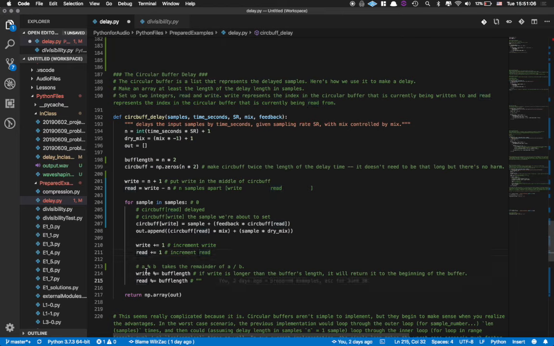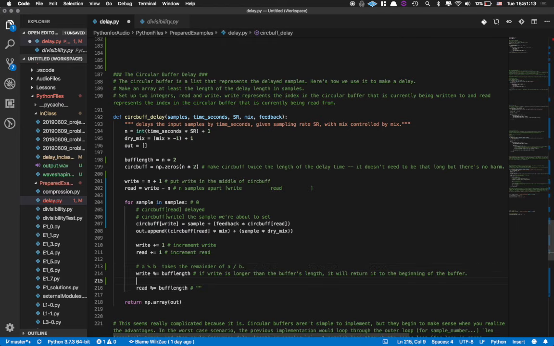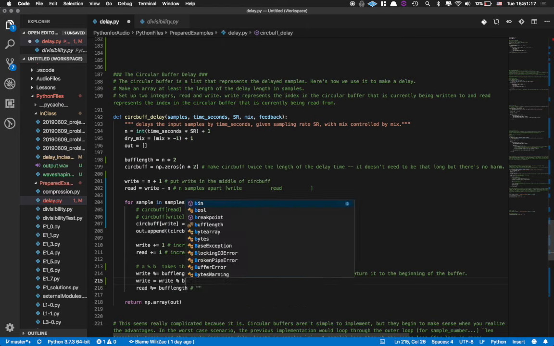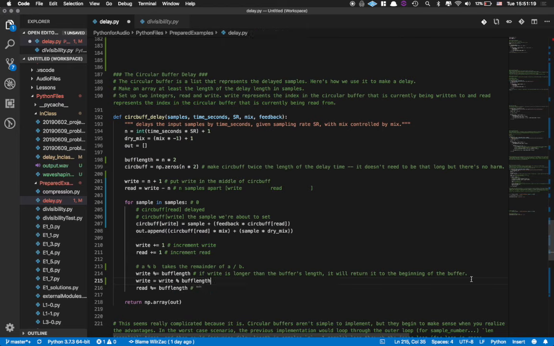And so that's just what this does. A mod b takes the remainder of a divided by b, and so write mod equals buff length, we'll remember, is equal to write equals write mod buff length. Those are the same, these two. And we're going to do the same thing for read. So this is basically just saying if read is longer than the length of the buffer, we'll bring it back to the beginning. So you can see how this structure that goes back on itself circularly is what a delay